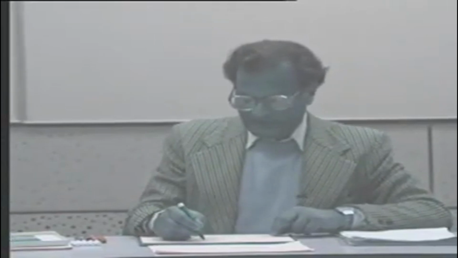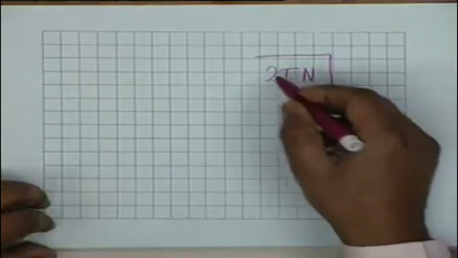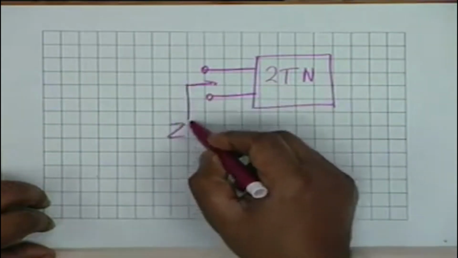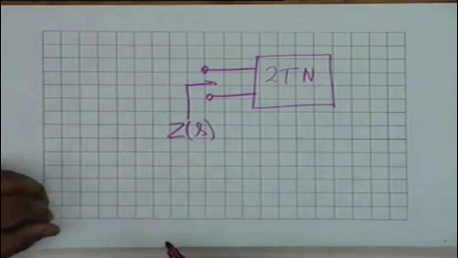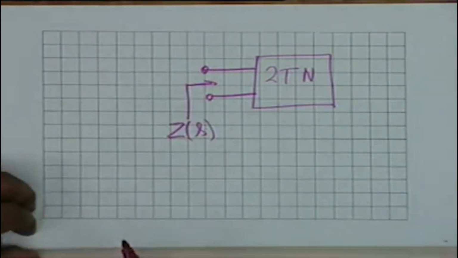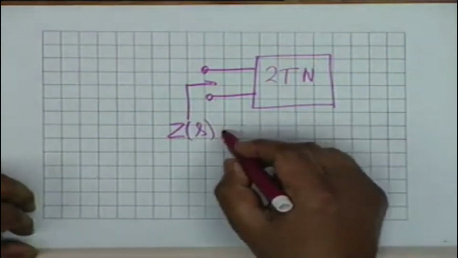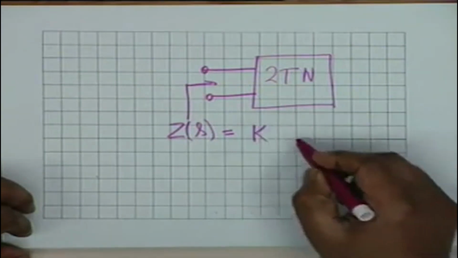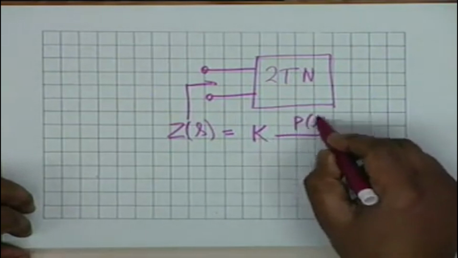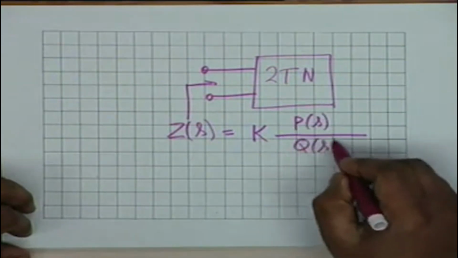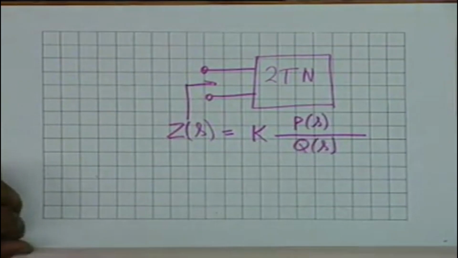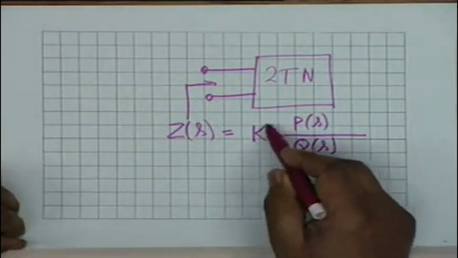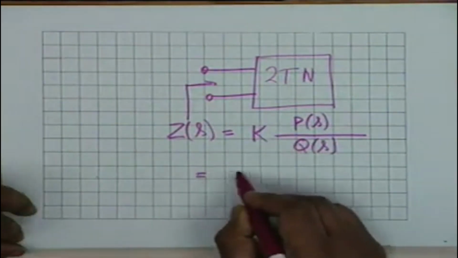you know that if I am given a two-terminal network, as we have been discussing, and I find out the impedance Z of S, by definition it is the ratio of voltage to current, provided one of them is of the form e to the st, and we had shown that Z of S is in general of the form k multiplied by a polynomial p of s divided by another polynomial q of s, where we have taken care that the leading coefficients of both p and q are unity. These coefficients are absorbed in the constant k, and you know that a